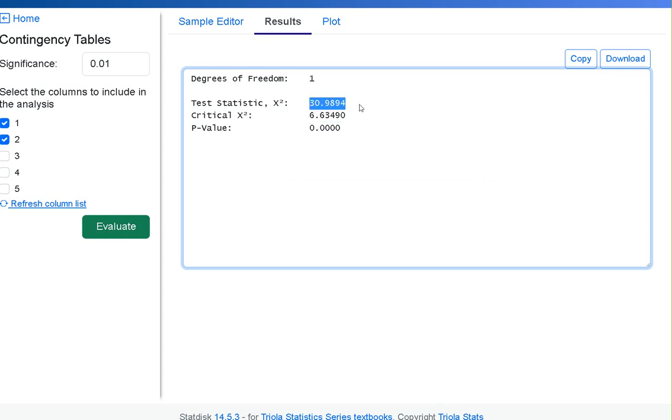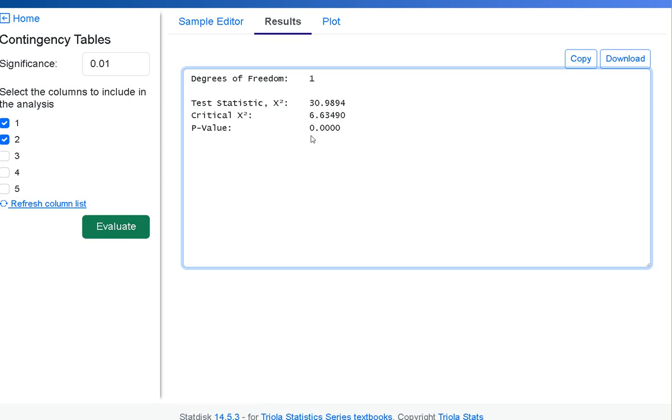If you actually took the time to go to the chi-square distribution with 1 degree of freedom and find the area to the right of 30.989, then you'd see that that probability is almost 0. In any case, we got our p-value is 0,